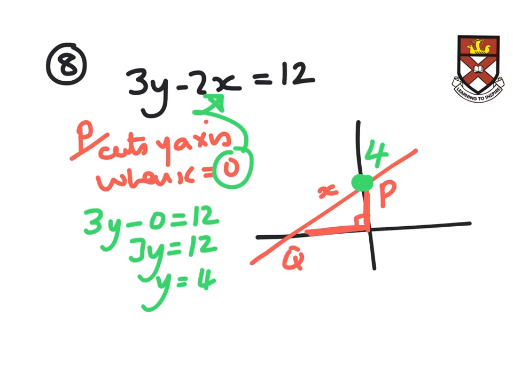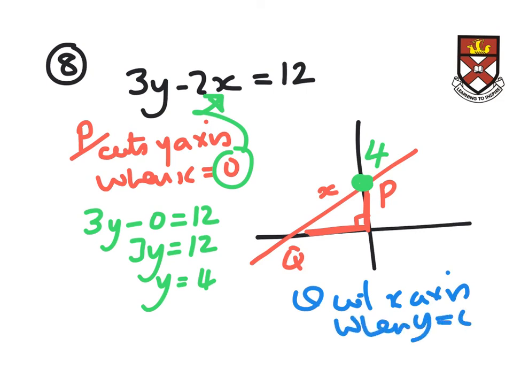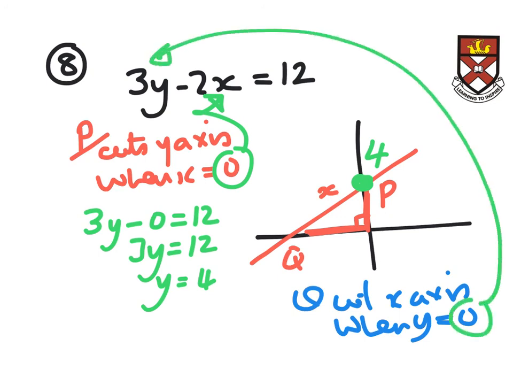Now if I repeat it to work out what my Q point is, my Q point cuts the x-axis when y is 0, so I now put this 0 back in for the y up here. I'm going to work out what the x number here for Q is. Once I've got those 2 numbers,